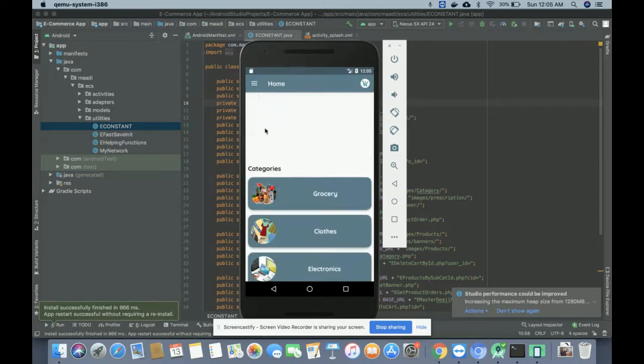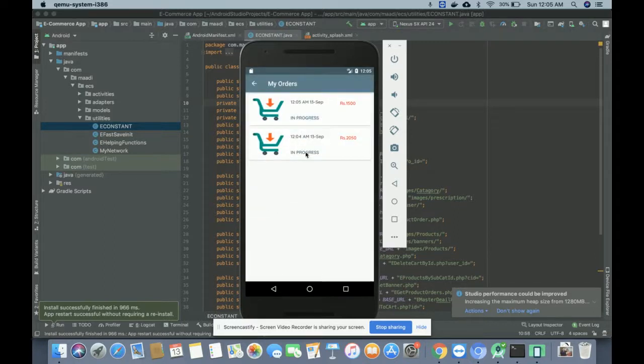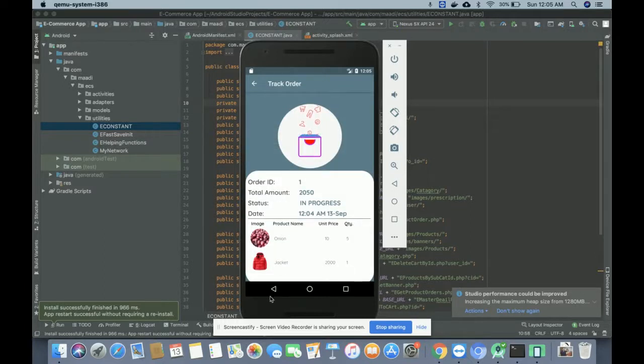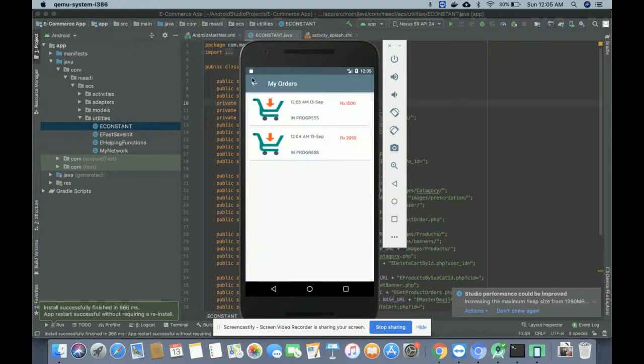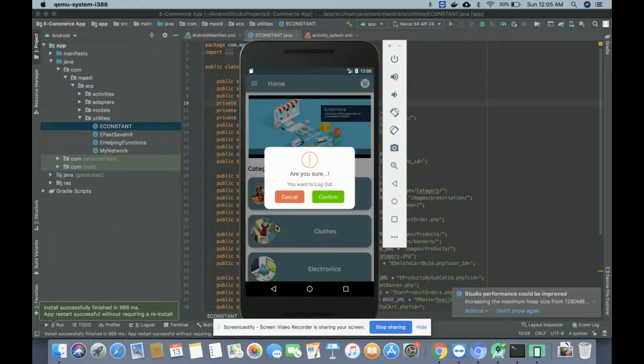Here you can see all of your orders in the my order history, right? Once you click on my orders, all of the orders which you have placed will be displayed here. You will be able to see only your own orders, right? So this is the order side. Now this is the full functionality of the customer-driven mobile app, right?